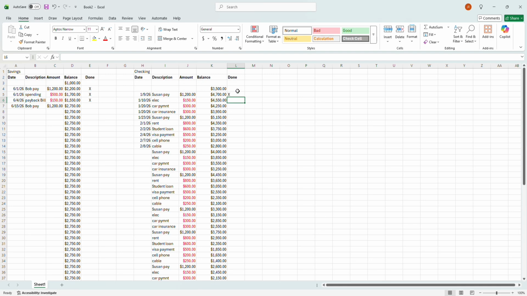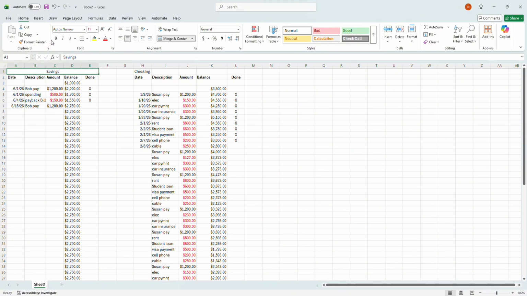Now, as I mentioned earlier, now you can see how that done column is really helpful when you have 5 months worth or 6 months worth of forecast there, and then you can see exactly where you're at by where your X's are. And for a few finishing touches, you can highlight the cells above the columns and merge those